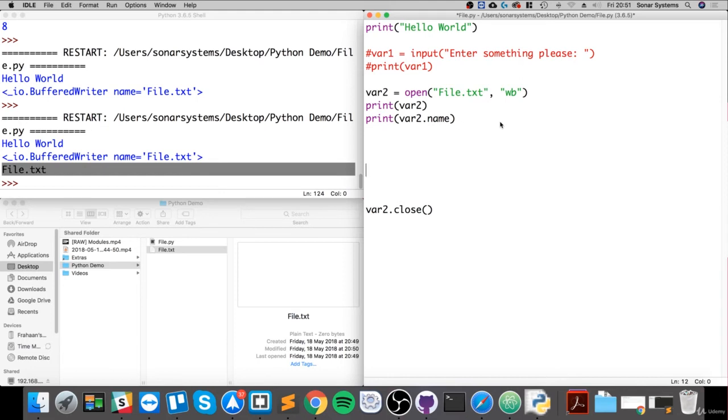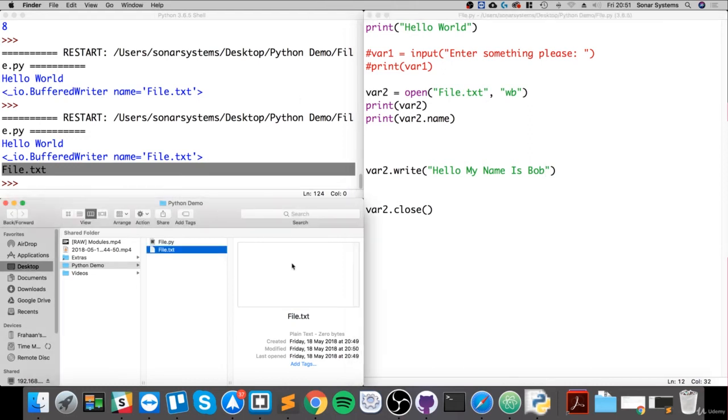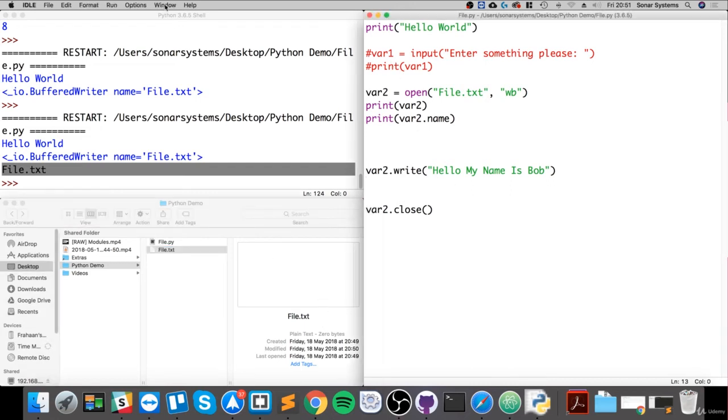So now let's have a look at writing something to the file. Let's say you do var2 dot write, and we can put something in here. It doesn't really matter what it is. Let's just say hello, my name is Bob. If I save that, as you can see, the contents of this is empty. It says 0 bytes. So if I save it, rerun this,